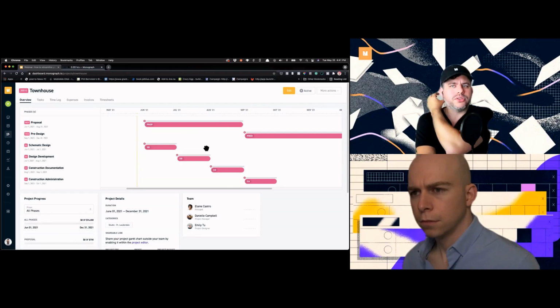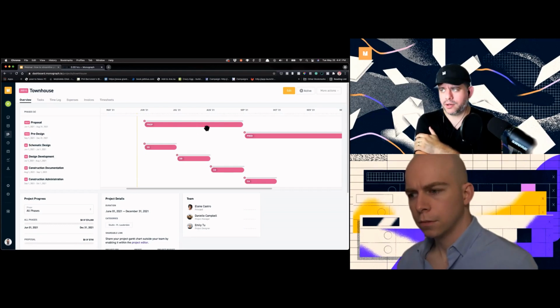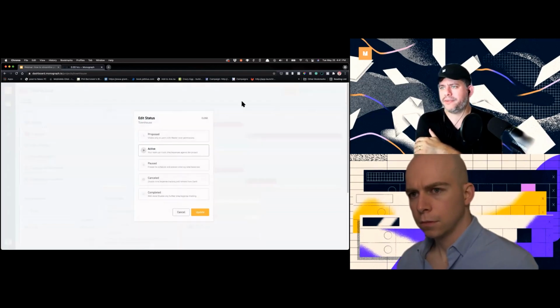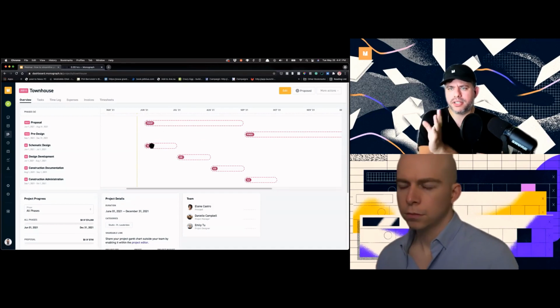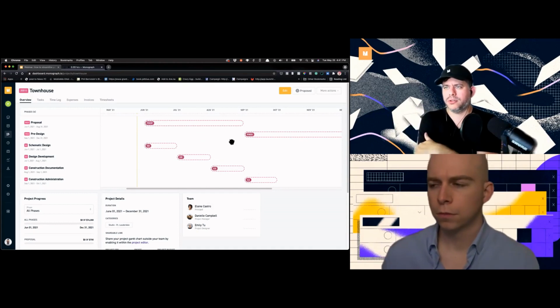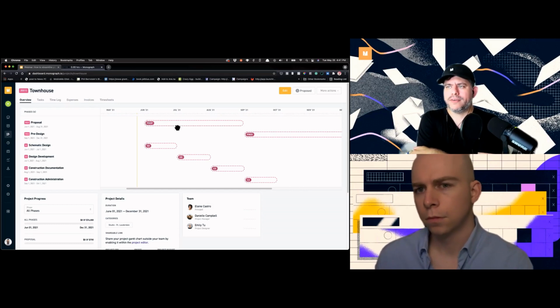And so what you'll see here is that we have the proposal phase lined up. We have pre-design lined up, and we're going to move this over from an active phase to a proposed phase. And you'll see why in a second, because what I want to show is ultimately the effect of this. So what you can start to see, and obviously these will get updated when you do the whole schedule. We can jump over to a different project that has that, but essentially you have a different way of showing